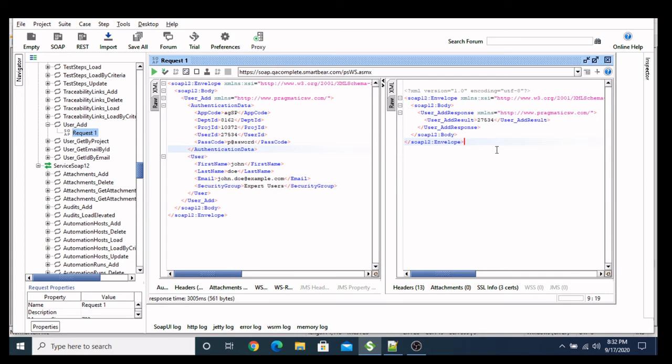Suppose you are not providing correct authentication data, then we will receive a message that says please retry, the authentication data is incorrect, as we saw in my previous example.